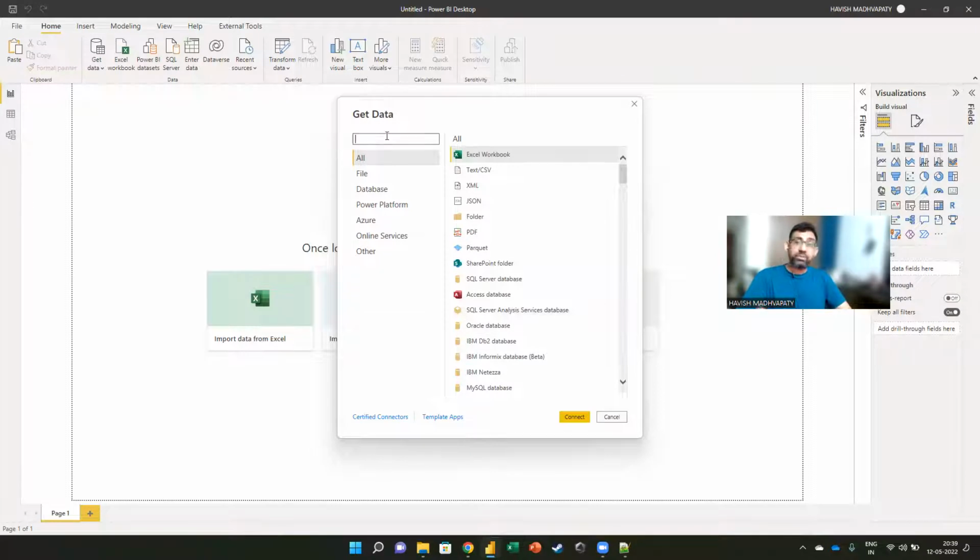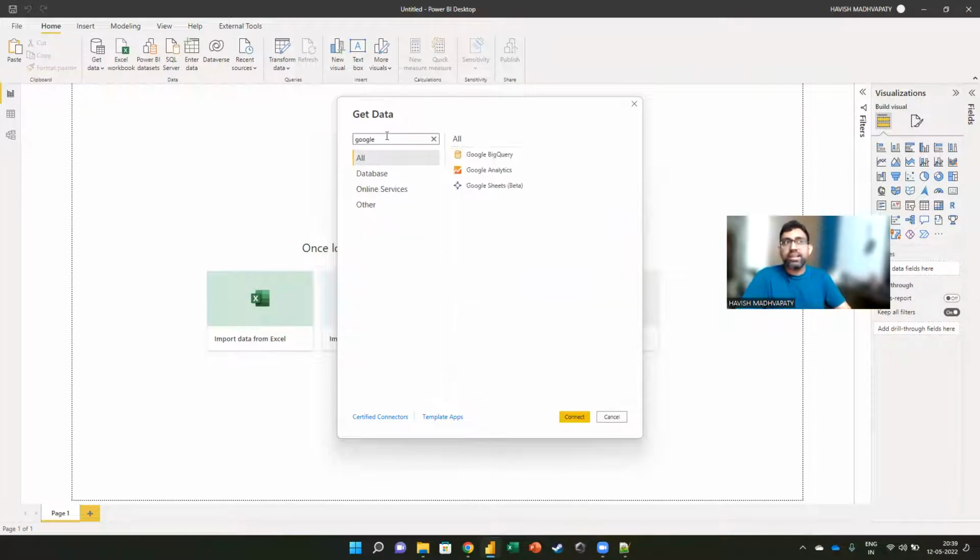There was a complaint before that it cannot connect to Google Sheets, and they've actually added that. There was a complaint that it cannot connect to Zoho. One of my clients was asking me, look at this, they have given an option for Zoho Creator now. Anyway, for now, what do we do?